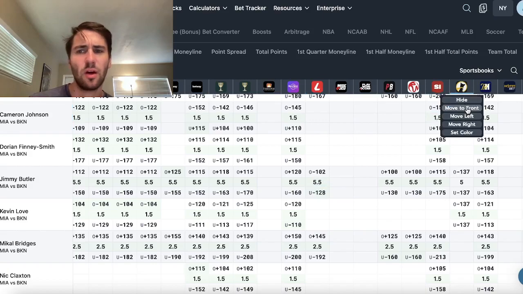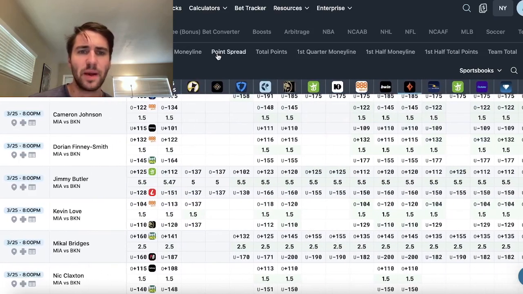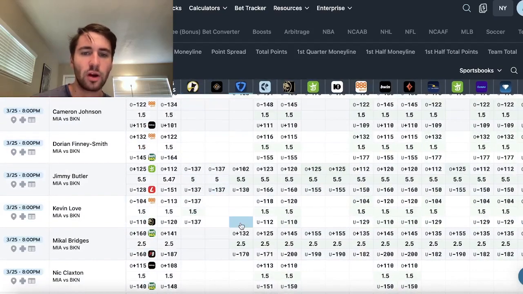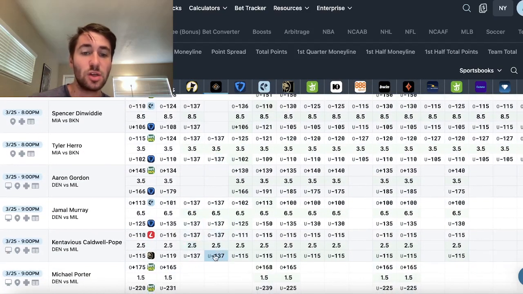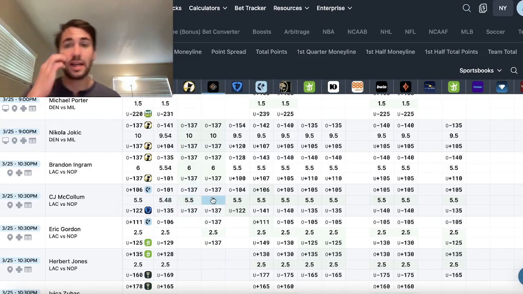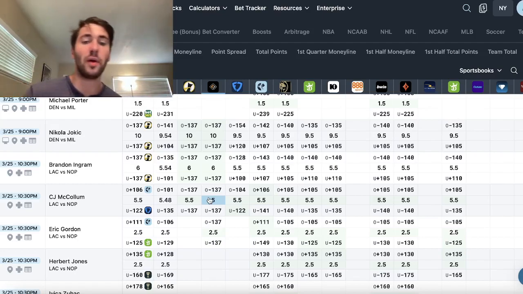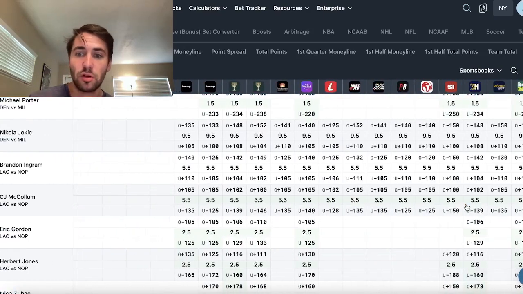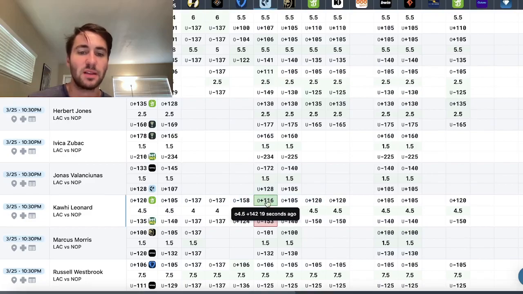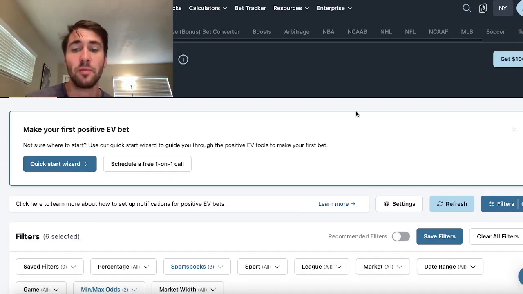So typically, if you're playing on Underdog and PrizePicks, a lot of the time I'm looking for where there are discrepancies between these two platforms and where they're setting the line. So here's an example. You can see CJ McCollum. His line is 5.5 on Underdog, 5 on PrizePicks. That's an interesting line discrepancy. Maybe there's some value. As a sharp bettor, that's information we want to know and look at. And the screen makes it super easy to browse odds across the entire market and try to spot these big line discrepancies as well as follow the line movements.